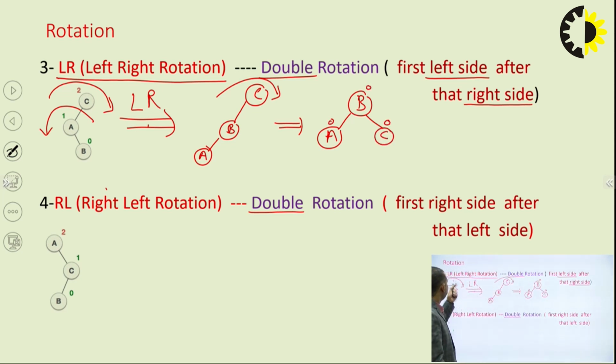Okay, so when we apply LR, the same way we apply RL. The node which has changed the balance factor, that is A. The element which is inserted is B. How can we find out? A's right's left, meaning A to right's left. Again similar to what we did here: firstly apply right on the node below the one whose balance factor changed, its whole subtree. So where did I rotate it? Firstly right. And then the node whose balance factor changed, where did we rotate it?